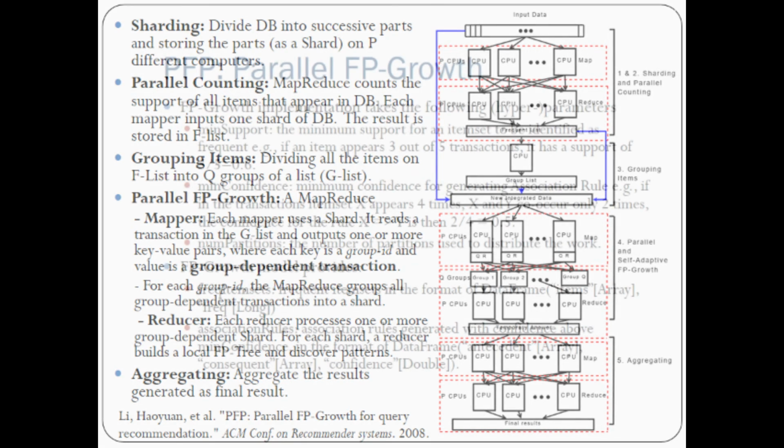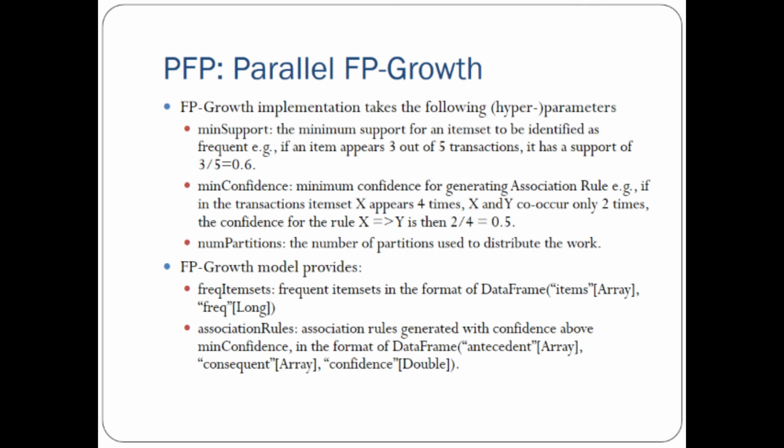Next we'll see how this parallel FP growth works in the context of data mining. So in terms of data mining, FP growth actually has two hyperparameters. What are those two hyperparameters? Minimum support and minimum confidence. In the minimum support, you calculate the frequency of the items. If that item has a frequency above the threshold, meaning you have an item which occurs 3 times in 5 transactions, this means you have a support of 0.6, which is above your threshold.